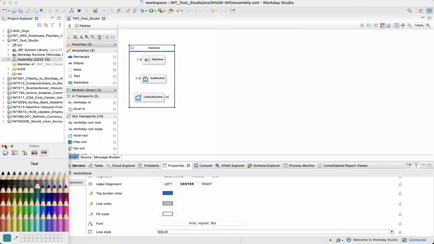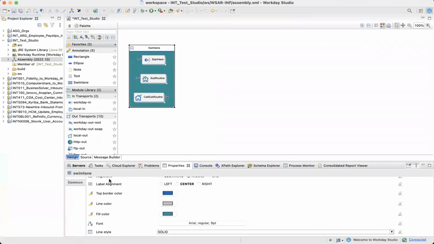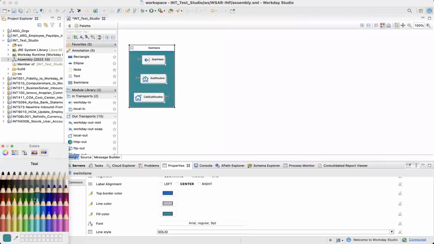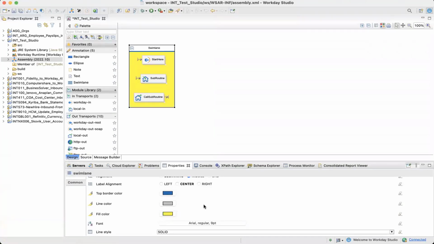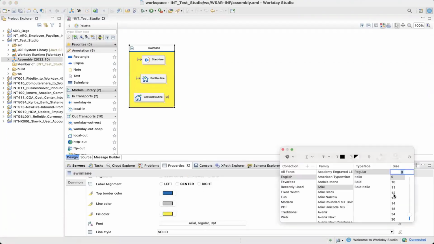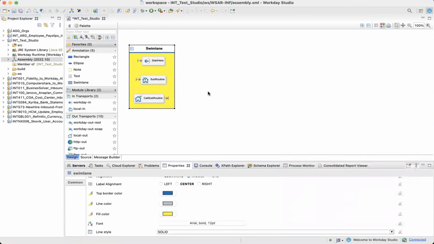Oh, yours will be very simple. Oh, it got it there, right? So that is the colors. And same with the font. You see here, for the swim lane, you can change that and make it big and bold, and close. Okay, so this helps.